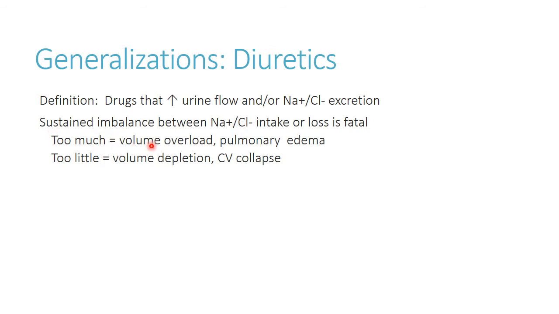Obviously, if you have too much, you're going to end up having volume overload. You can have pulmonary edema. This is where a lot of CHF patients run into problems where they have impaired cardiac output and they hold on to too much fluid because usually they have a high salt diet, things like that. If you have too little, obviously you'd end up having volume depletion, cardiovascular collapse. That's no good either. So the kidneys are going to be kind of fighting us,